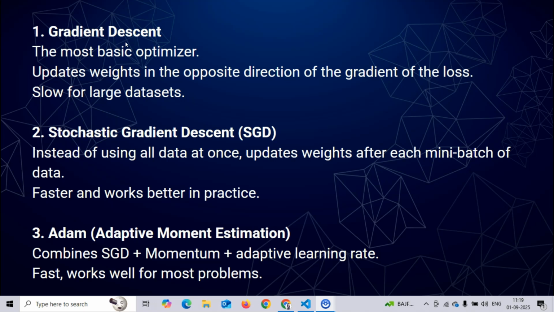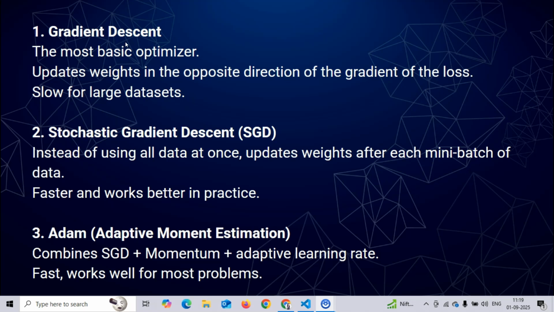So gradient descent is just a very basic optimizer. It only updates the weight in the opposite direction of the gradient of loss. For example, as I told you in the house prediction example, the loss was 50,000. For that, gradient descent will make sure that your weight has been updated. It will update the weight in the opposite direction. If the loss is positive, then it will increase the weight. If the loss is negative, it will decrease the weight. It just goes in the opposite direction to the loss so that the price would come equal to it. Okay, so that's a basic thing everyone will do.